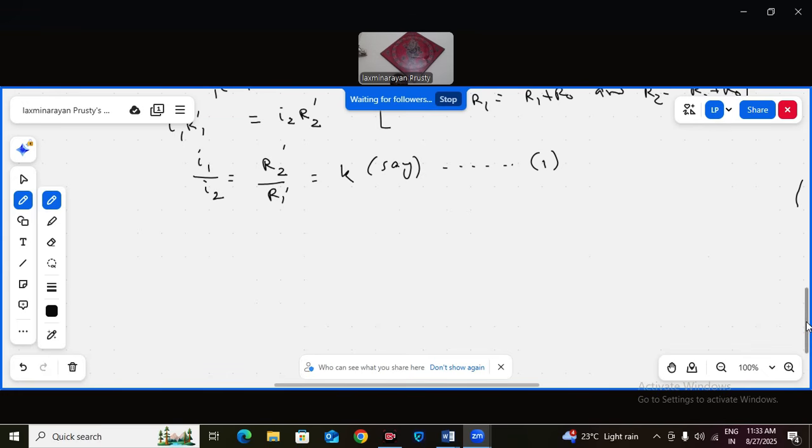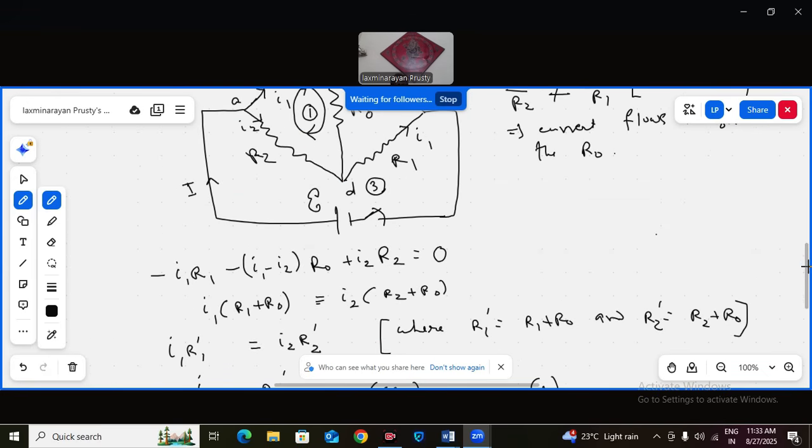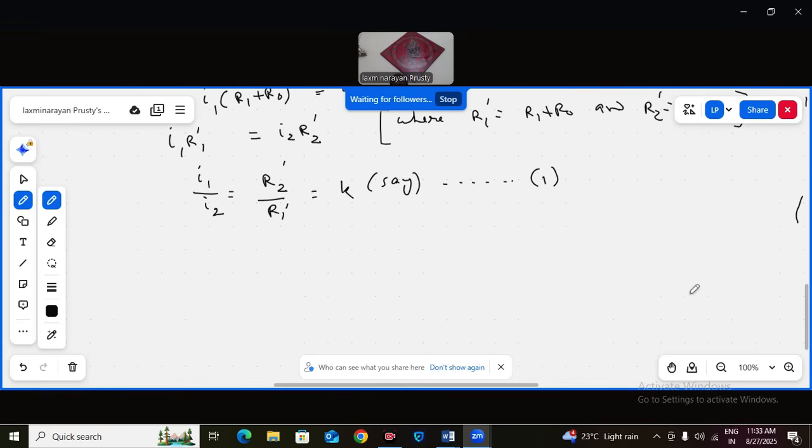Okay, let's go to the loop. Which loop am I going to discuss? Loop number 3. I travel again in this clockwise manner. I pass through the EMF source from minus to plus. I'll see a rise of potential. Then I travel through this I2 R2 in the current flow direction, so that will be minus I2 R2. Here also I go in the current flow arrow direction, so I'll see a drop of I1 R1, then back to the starting point. So nice. So it is very easy now. Let us write E minus I2 R2 minus I1 R1 is equal to 0,